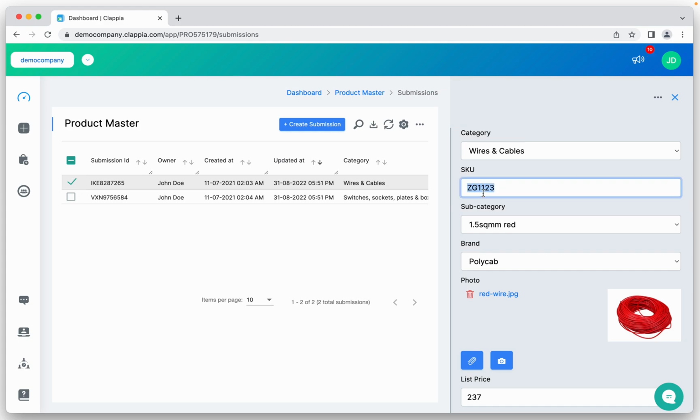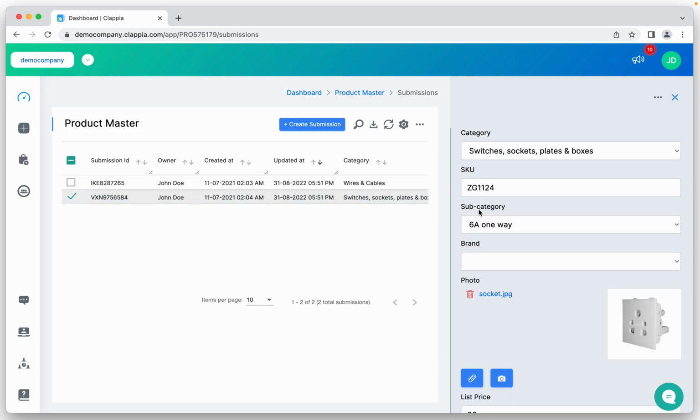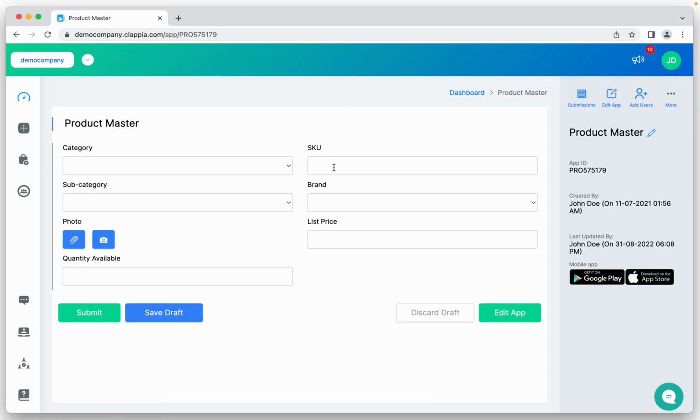So this is G123, the last is 3 digits. This one is 124. And let's say if somebody is trying to do the same entry again with the same SKU ID, what I'll do is I'll go here and start submitting. Now right now that option is not configured, and if I have to configure that option, what I'll do is